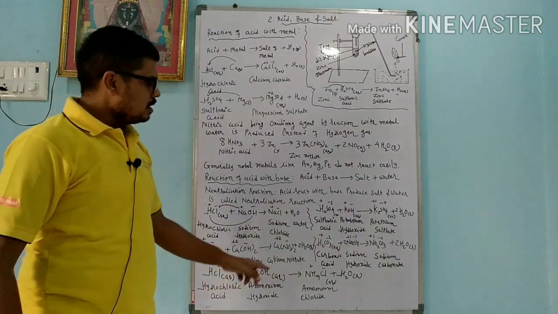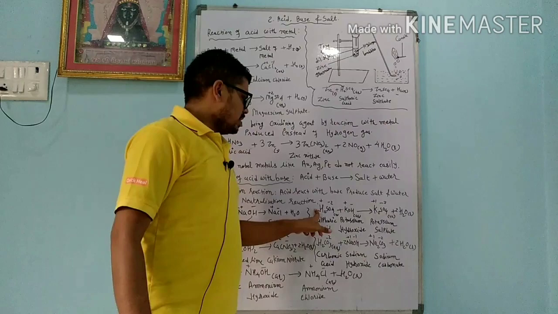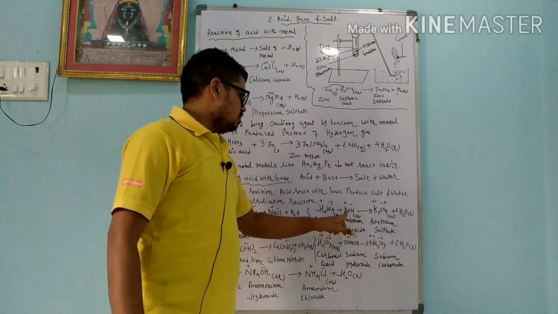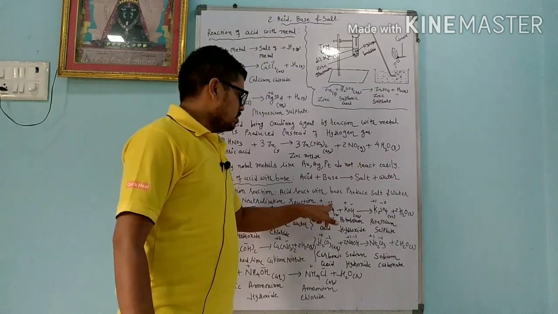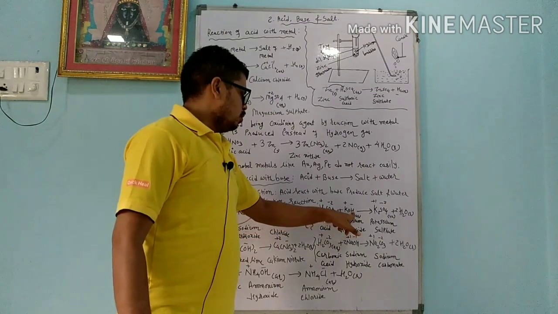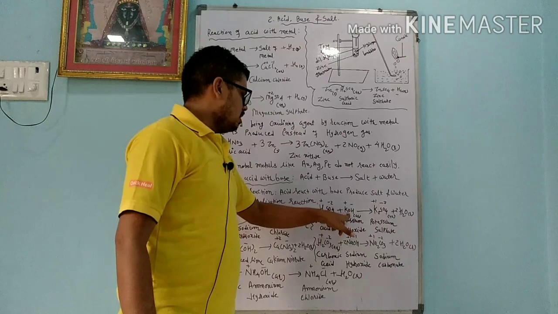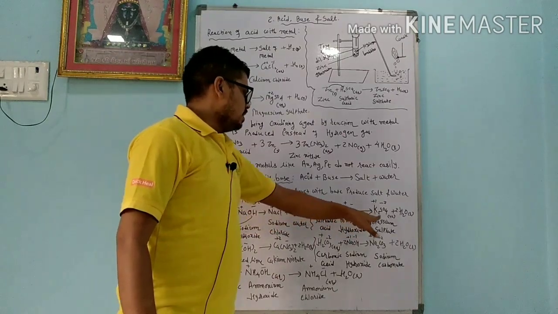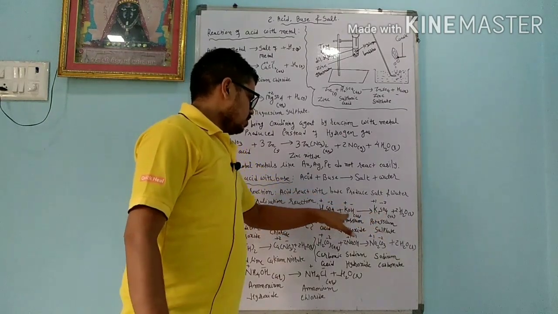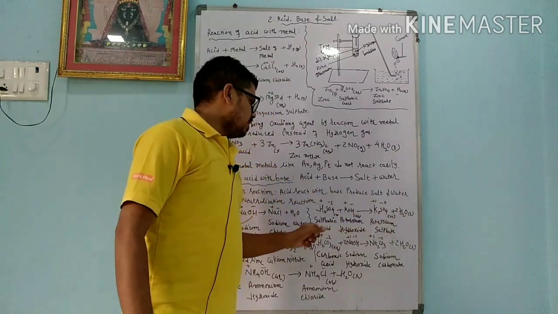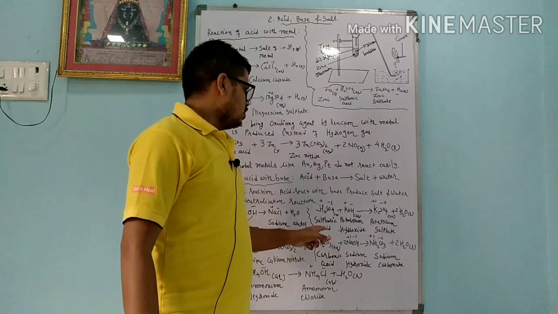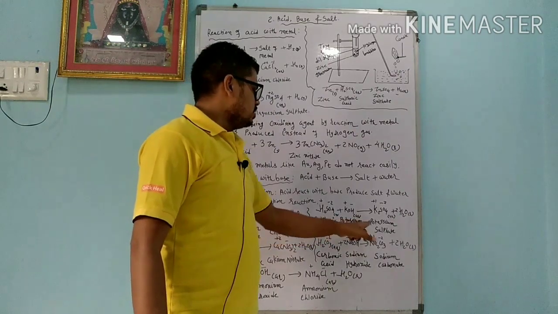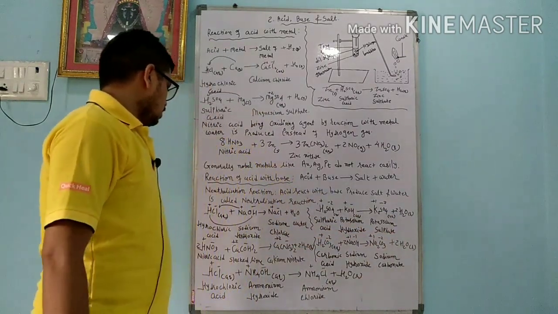water. In the same way, 1 mole of sulfuric acid reacts with KOH. For that we know hydrogen is +1, sulfate is -2, K is +1 and OH is -1. We exchange to get K2SO4, plus H and OH make H2O. So sulfuric acid reacts with potassium hydroxide, and we get potassium sulfate plus 2 moles of water.